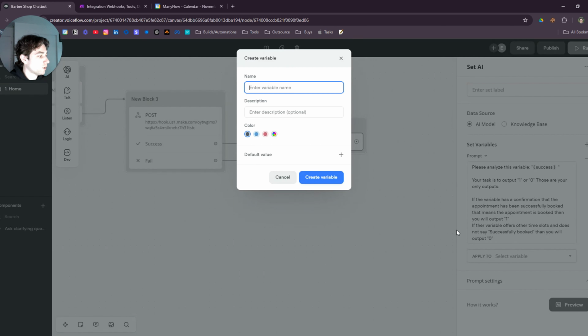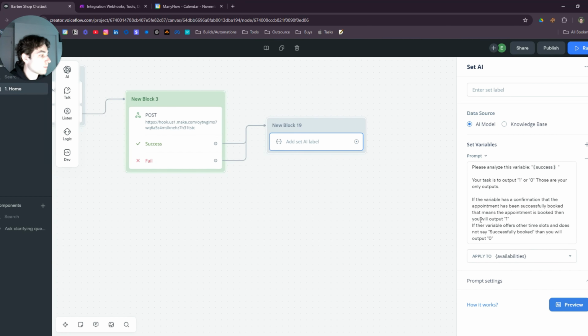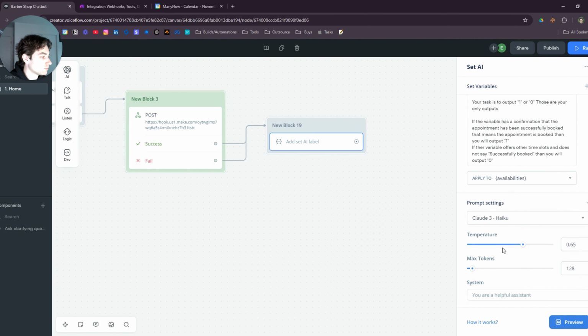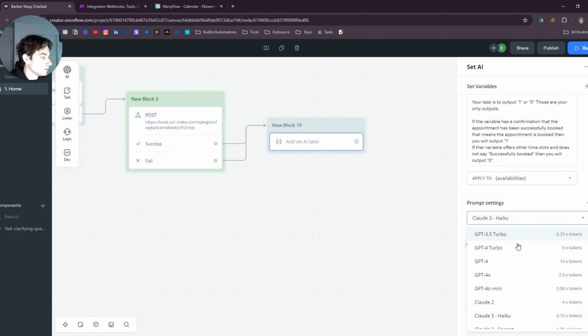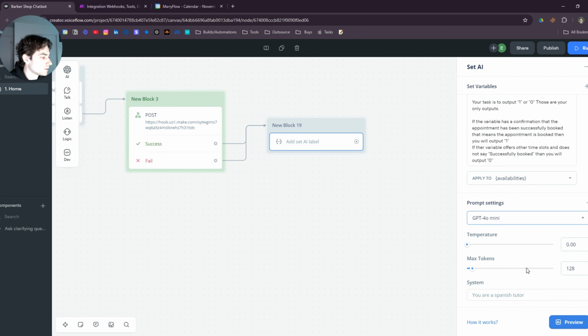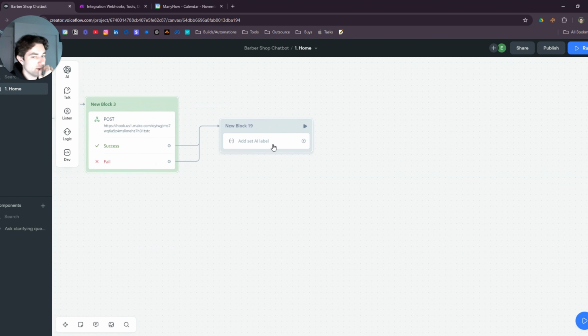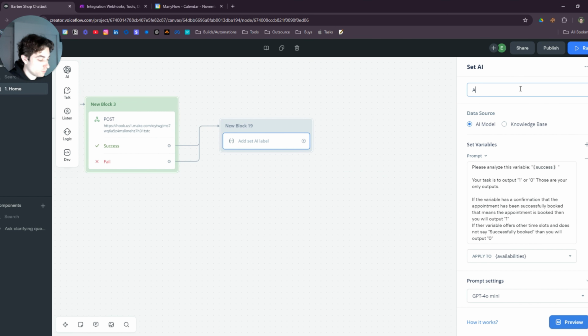We're going to create a new variable here, Availabilities. Don't know if I spelled that correctly. Prompt settings. Let's just lower the temperature. Let's just use 4o mini. Why not? We can lower this as well to like 20. Cool. Let's just name this as well, Available / not